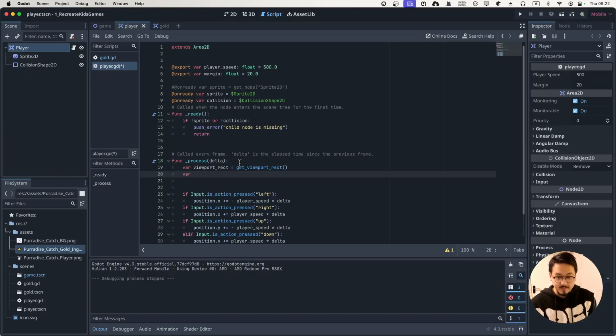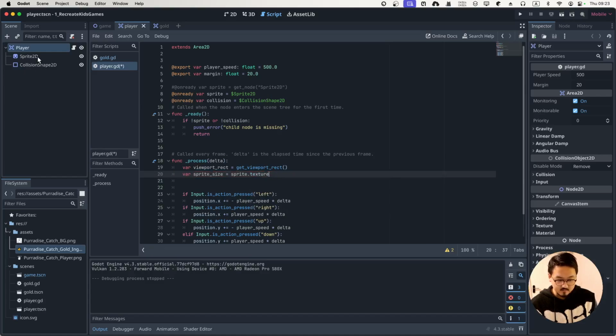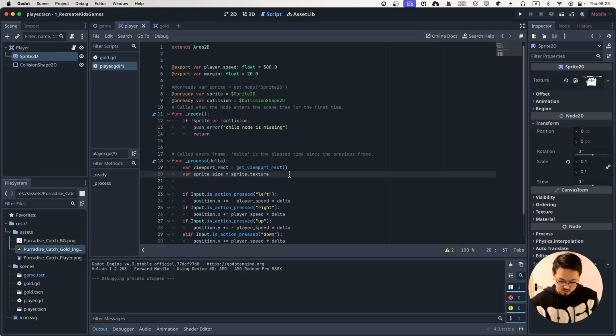So var sprite size will equal to, remember we got the sprite here. So Sprite2D. We got sprite, and we can get the texture. Remember, if you click here, you see we got the texture. Okay, the texture is a cat. So you can actually use this to get the texture size. So here, texture dot get our texture size,